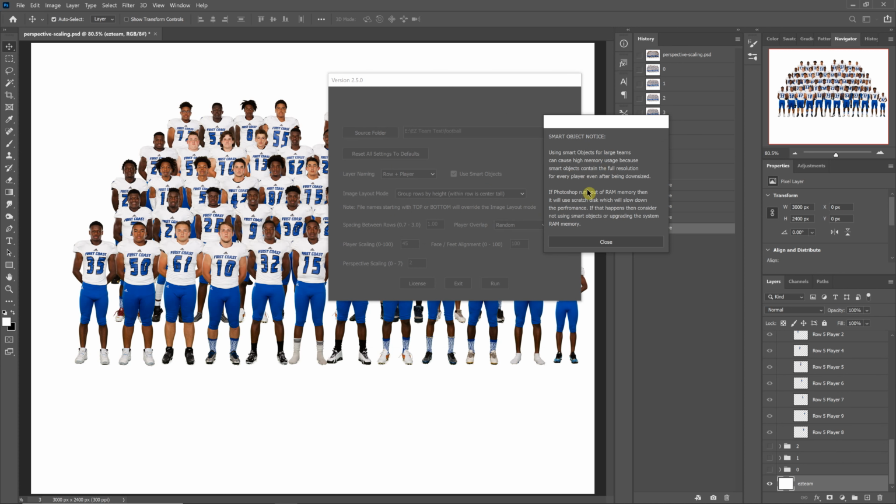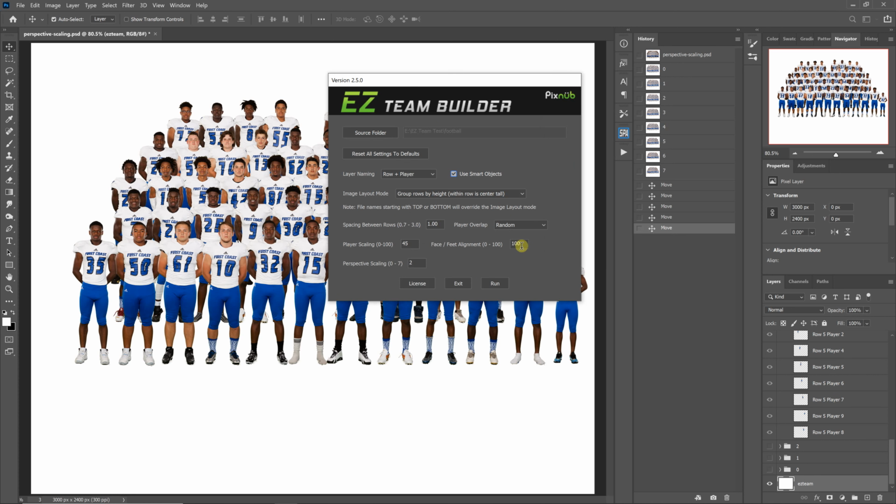This will give you a warning basically saying it could crash your Photoshop, because if you're using smart objects, the full image size is going to be stored within the Photoshop document. So if you're shooting a 50 megapixel camera, every single player is going to have a 50 megapixel document stored within there. So if your computer can handle it,